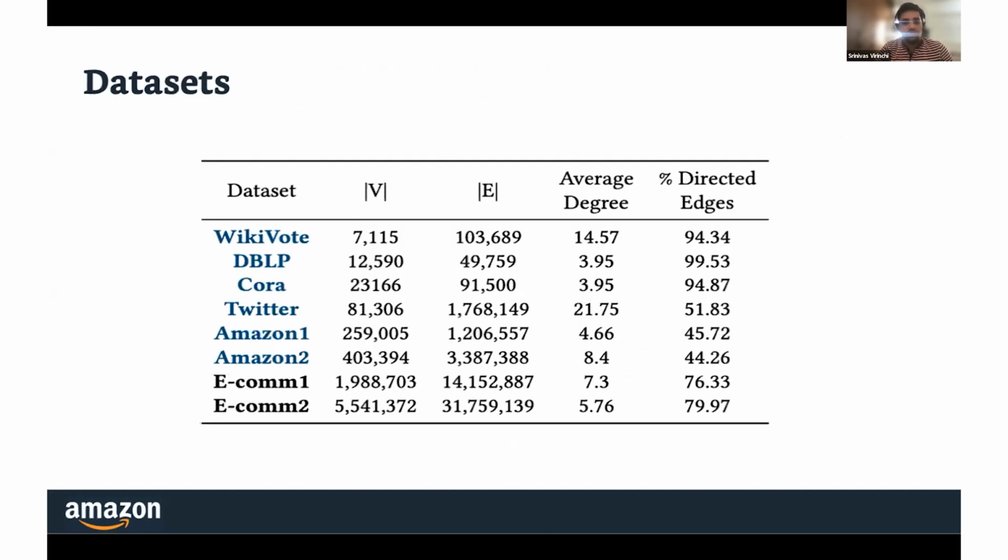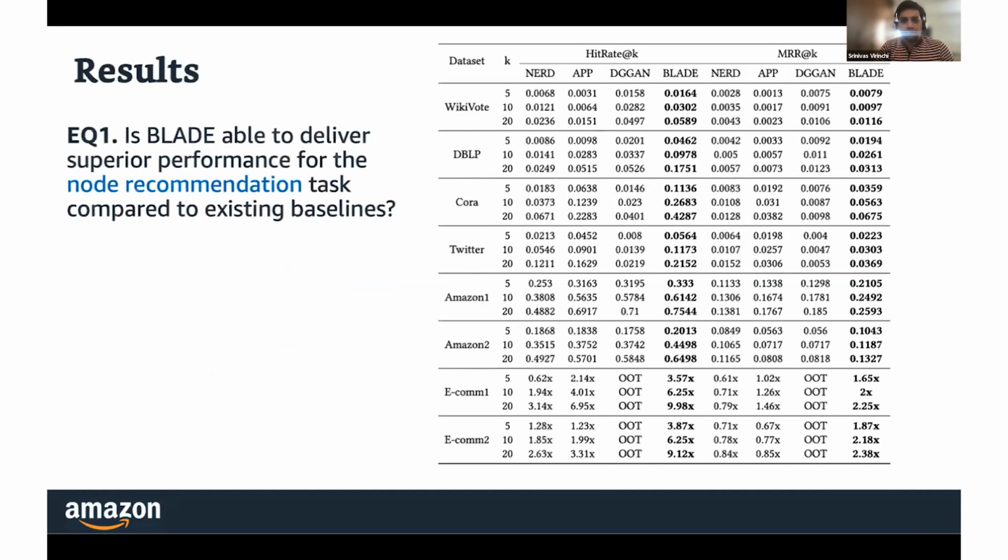So we experimented with 6 publicly available datasets, and ecom1 and ecom2 are proprietary datasets, which again correspond to a sample, right? So the directed percentage edge statistics actually will give you a picture of the diversity of the datasets that we considered. The first question that we wanted to ask is how do different models perform on these datasets, and